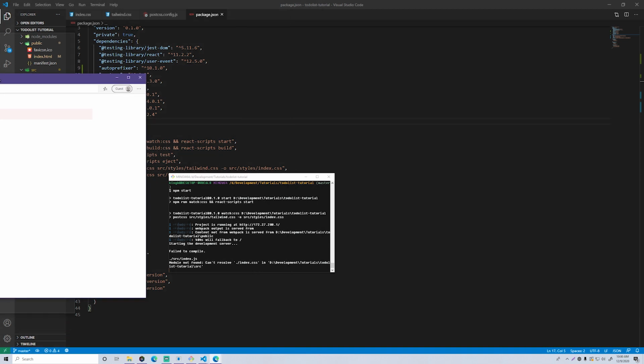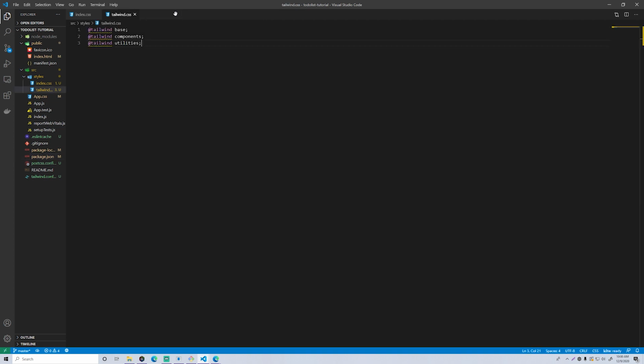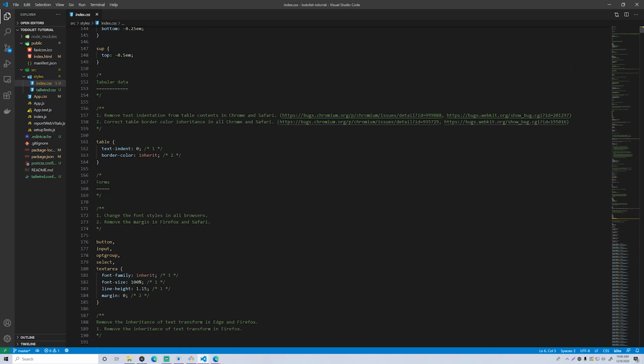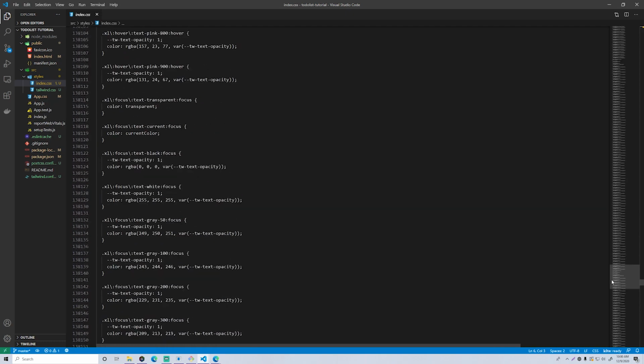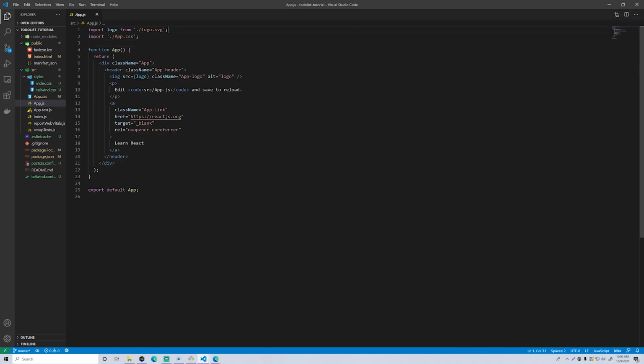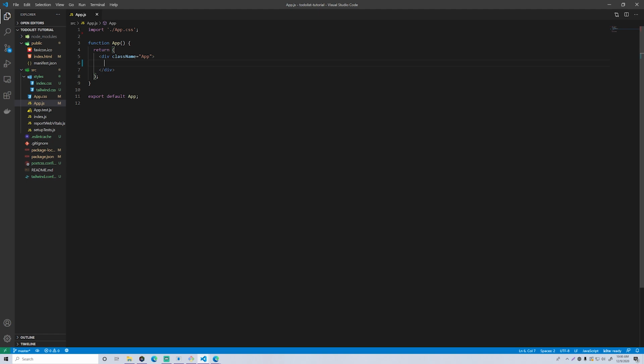So since we moved some files around, we just need to fix the paths here. So we can close all this, and we can go into, oh yeah, if you look into your index.css, you can see the very giant Tailwind CSS file was generated. So that's good. So that worked how it should. So we'll go into app.js, and all you need to do basically is first we need to delete that. We don't need that. And we can also get rid of all this sample code here. Yeah, we can leave that. We don't even need it really though.